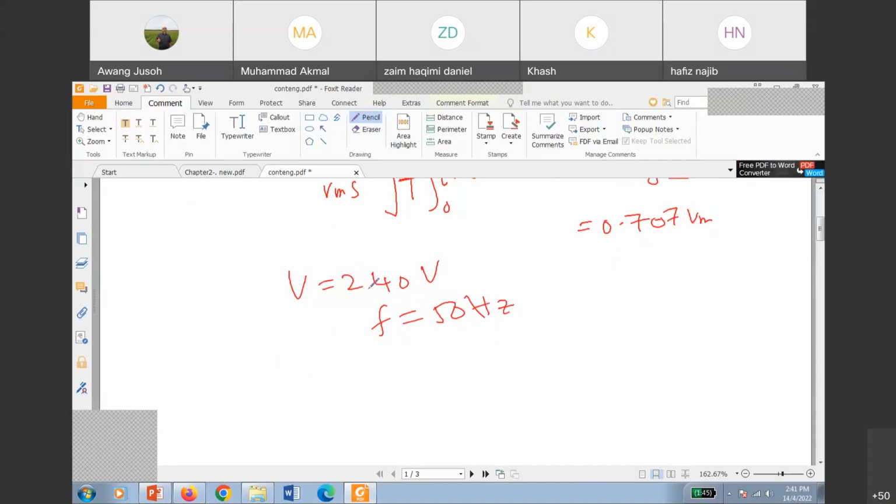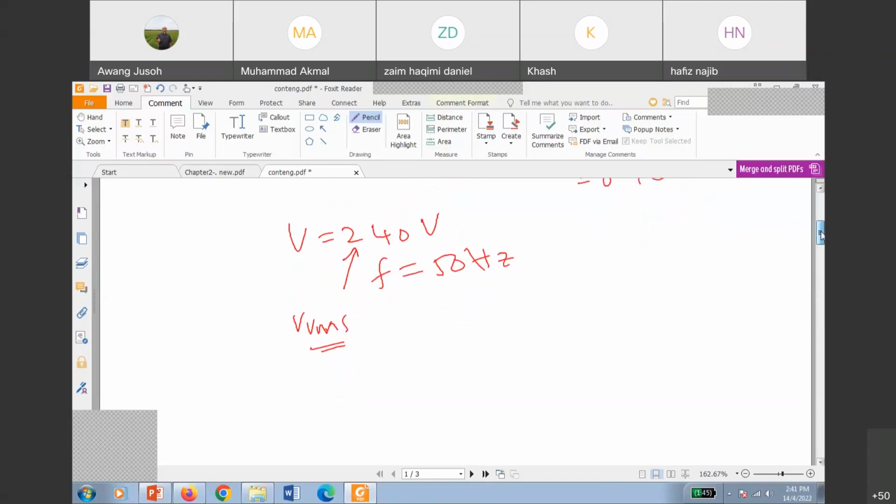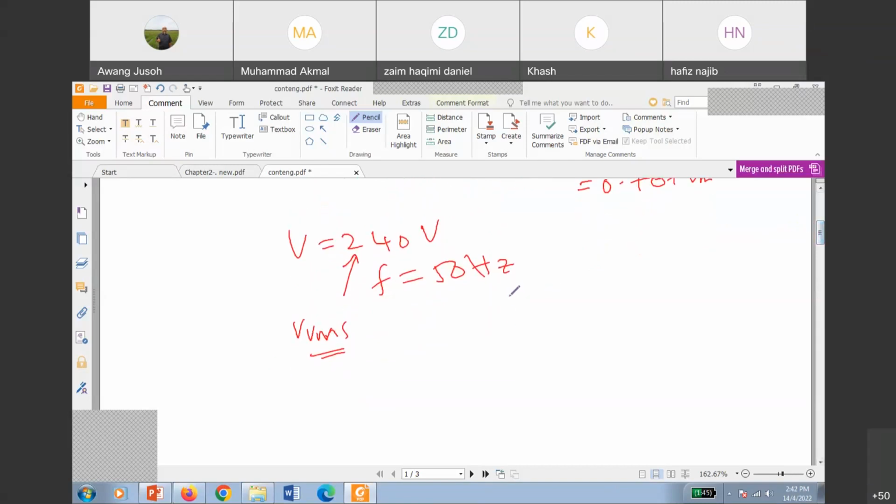Normally you see this number. What is the meaning of that? This is the RMS voltage. So all the equipment is normally named based on the RMS value. If you put an oscilloscope in our system, what is the relationship here? V RMS equals V peak divided by root 2, or V max, the same. So V max, or V peak, equals root 2 multiplied by V RMS.